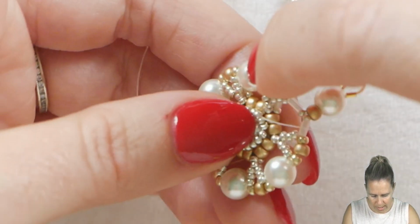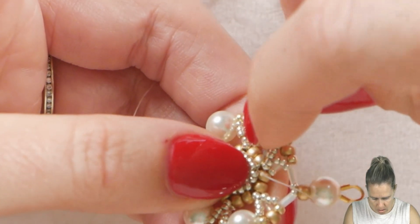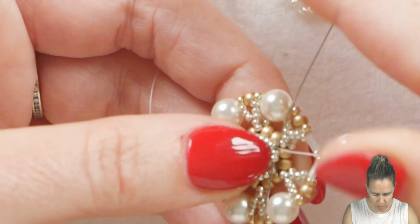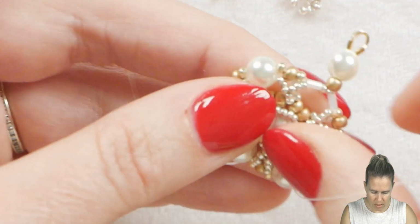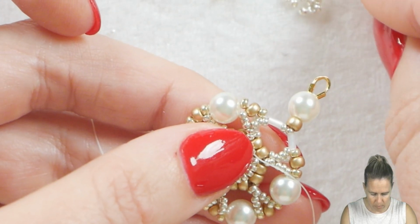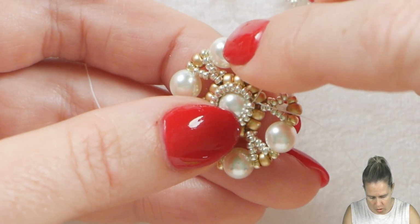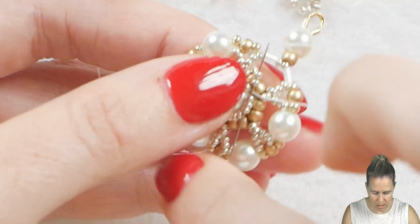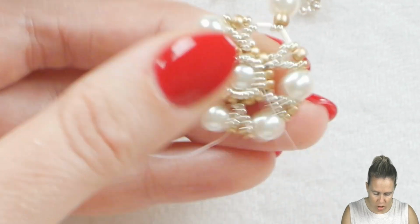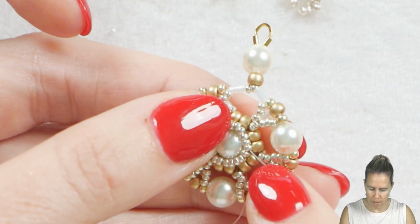Once I get to the top, I'm going to add in a 15. So we're adding in 2 15s there in that space, 1 and 2. Once you have those 2 15s on, it's hard to see, I know, you're going back over to the opposite side of your 15s. It kind of stretches that right there, pushes it down to the side, and halfway here,